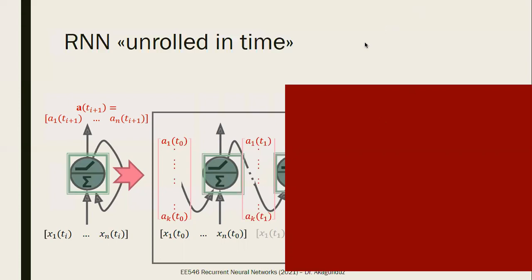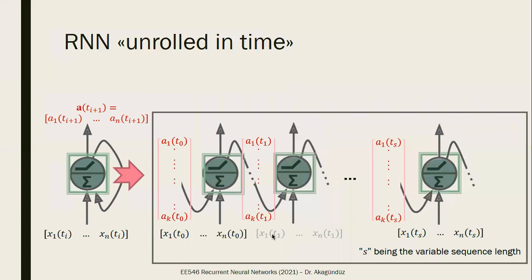The second element of the sequence is x1, t1. I'm feeding it and I'm getting another output. If the sequence is of length s, starting from 1 to s, I'm calling this network s times, guys. So actually an RNN is a feed-forward neural network unrolled in time. Be careful, guys. I was feeding back my input, right? But in this notation there is no feedback. I'm feeding the next hidden state to myself, which is another instance of myself.